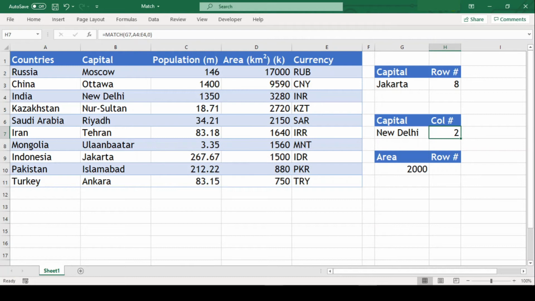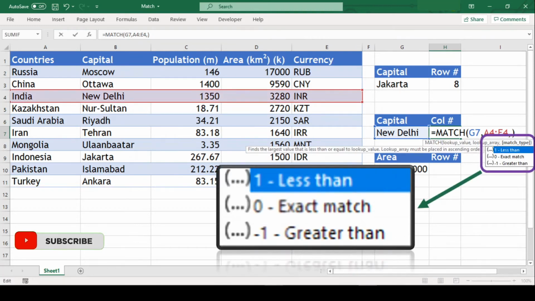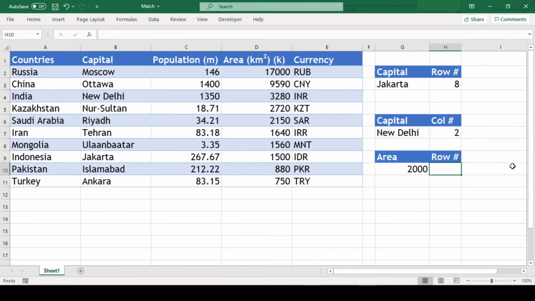So we saw how this function works on columns and rows. Now let us look at the other two options in the third argument of the MATCH function, which is 1, less than, and -1, greater than. In our next example, we will find the row where the area is 2000. Our function will go like =MATCH( our lookup value is 2000, which is in cell G10, comma,